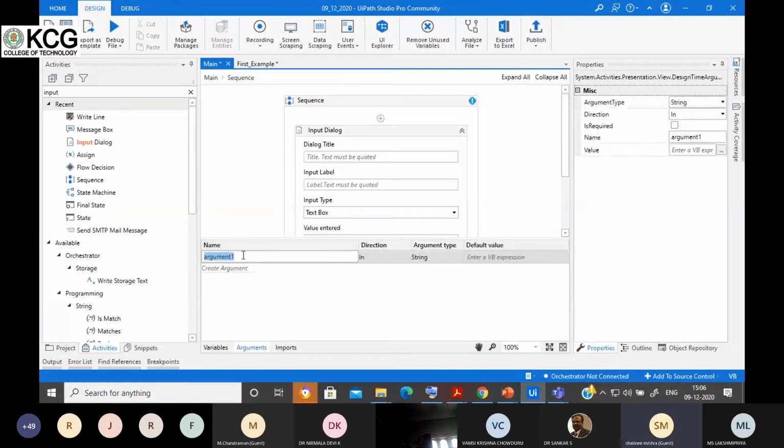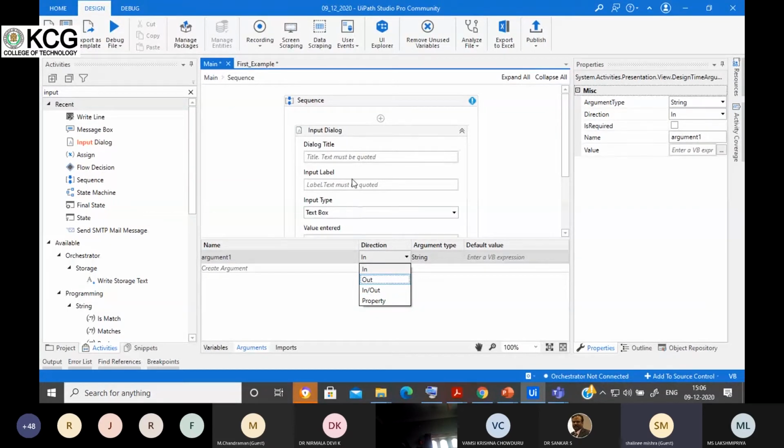If you create any argument, you will get the option of direction, because I already told you that you can use arguments with different workflows. Here is the direction where you want to use it. If you select in, you can use it within the sequence. If you use out, you can use it in the different workflow where you call it. In/out you can use in both places.